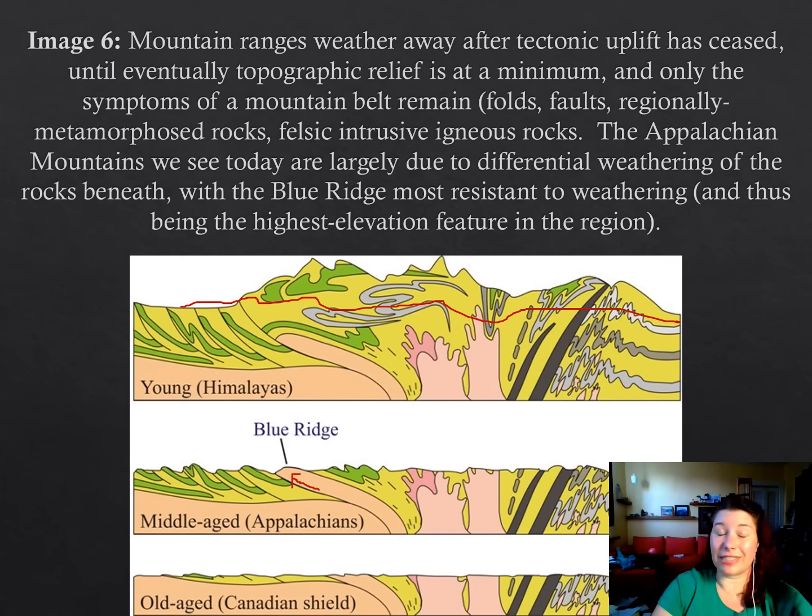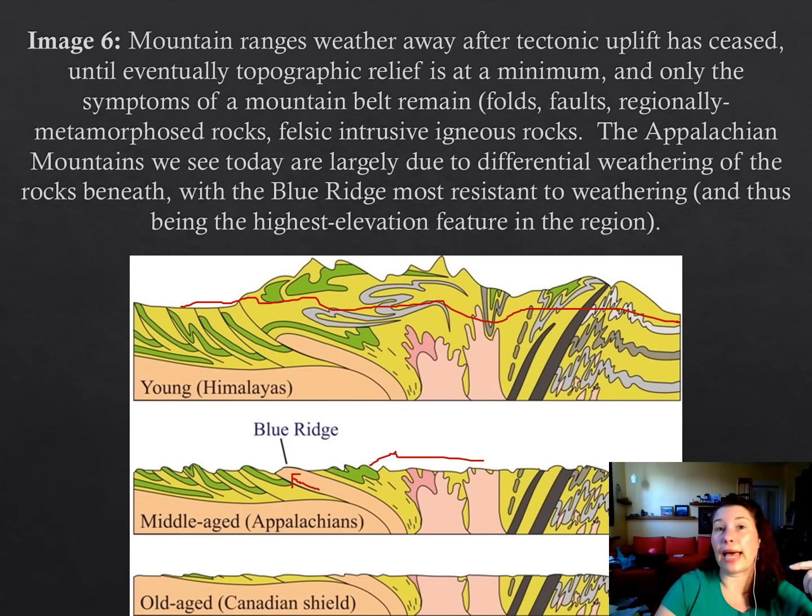This is very resistant, very hard, so it sticks up pretty high above the rest of the mountains, and that makes the Blue Ridge, because it's a ridge. We have the Piedmont, which should be this area here. We have the Valley and Ridge Province, which is going to be all these fold and thrust belts, a lot going on. But eventually, give it another 250, 500 million years, something like that, we end up with something like